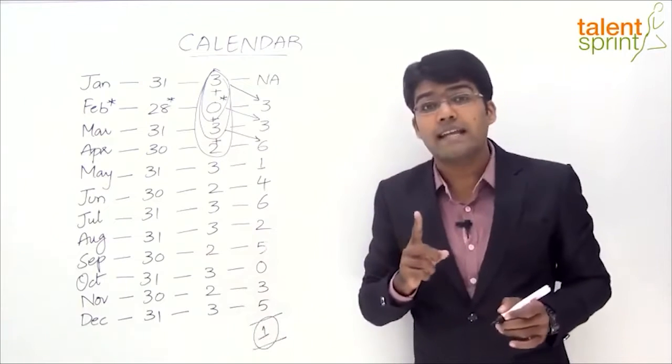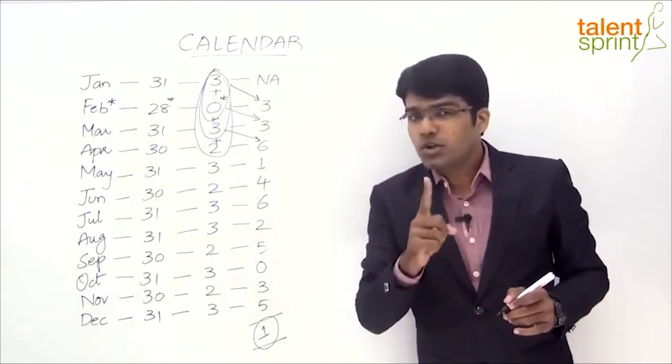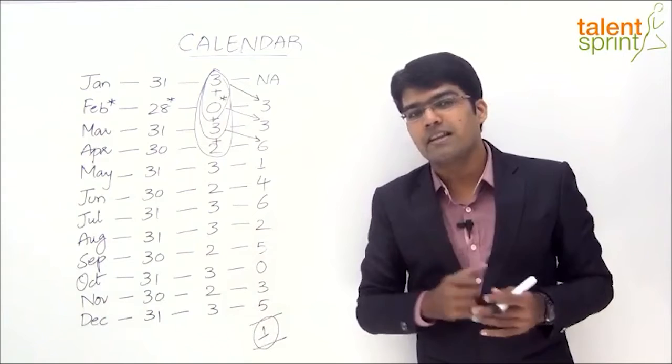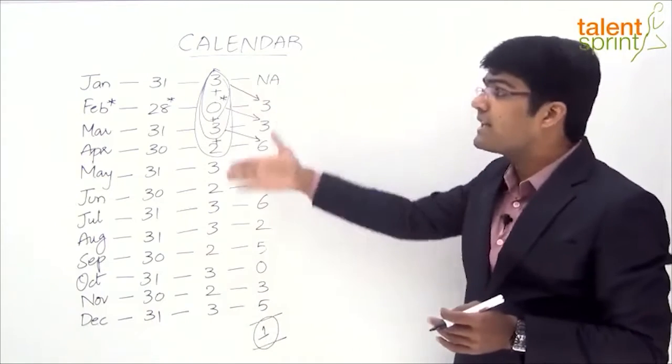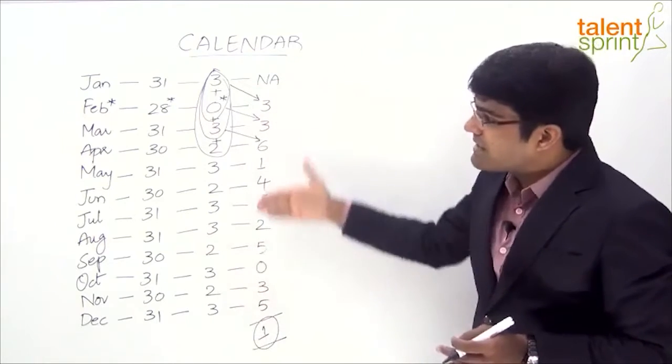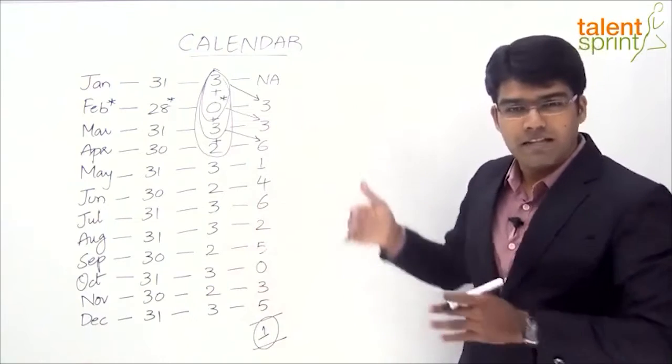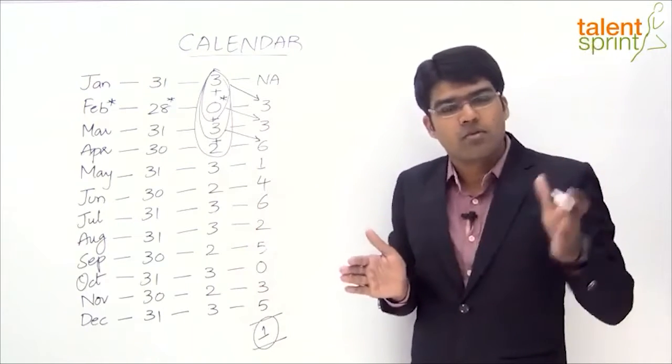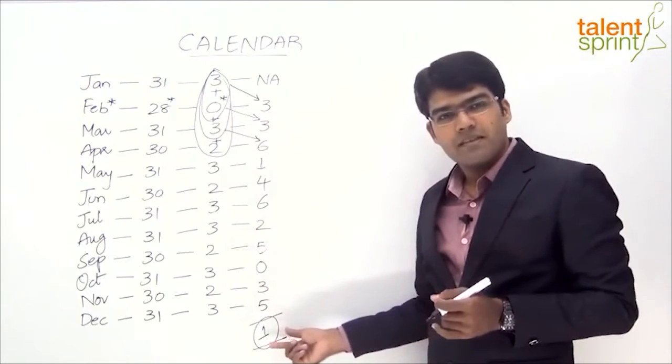We very well know that in any ordinary year there is only 1 odd day. Yes or no? For any ordinary year there is only 1 odd day. And since we have considered an ordinary year, for all the months January to December, that means all the months before January, for the whole year we have got 1 odd day. Right? So that's the point.